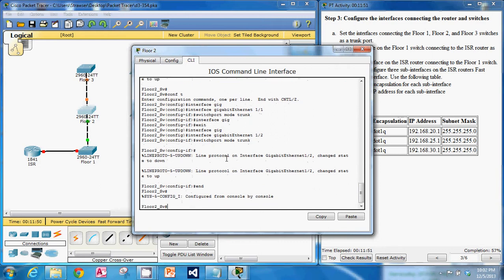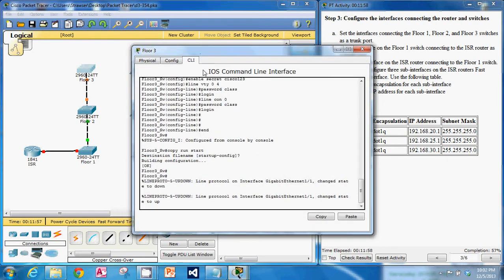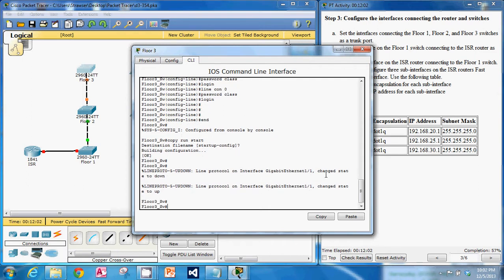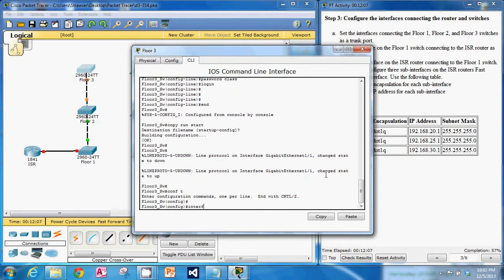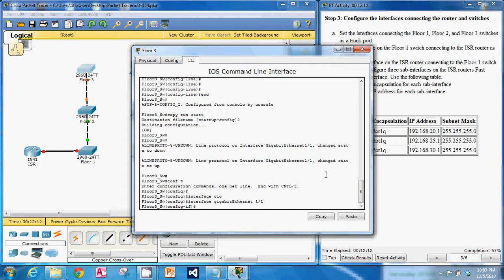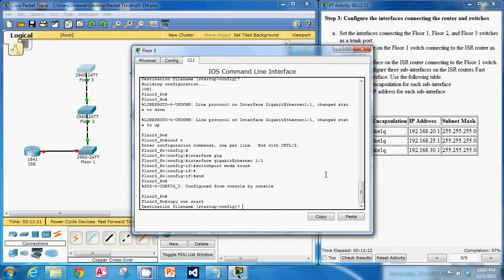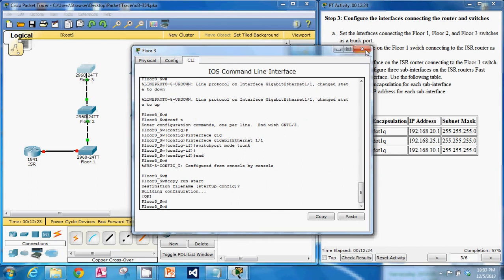And now floor 3. What do we got here? 1/1 is what we want. Switchport mode trunk. Copy run start. So there's those. Now we want to set the interface on the floor 1 switch connecting to the ISR router as a trunk port. So that's